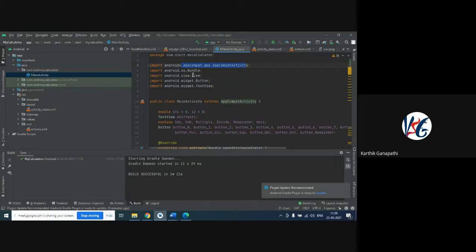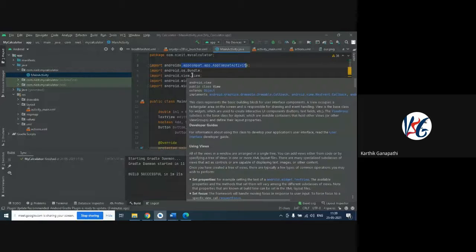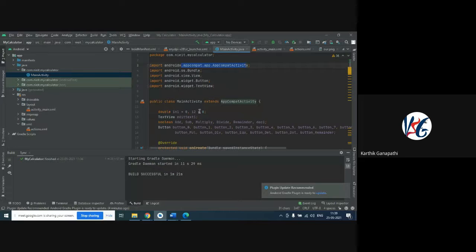Next comes a very important thing. You may ask one question: how do I know why I need to use this import? For this type of question, here is the answer. Just forget about these imports. These are very commonly used by default. When you create an application, these imports are going to be there. But the button and text view imports are not with us. They are not there by default. If that is the case, we need to provide this type of imports.